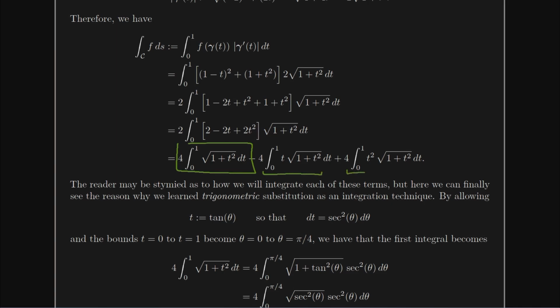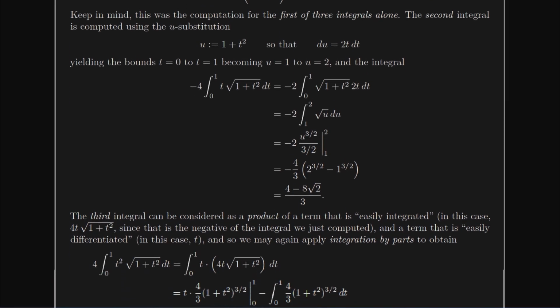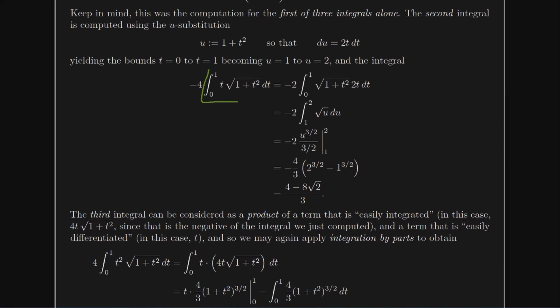So I've still got this term and this term to take care of to find my scalar line integral. If we want to tackle that middle term, it's a little easier. The middle term, if you remember, was t times the square root of 1 plus t squared. And in fact, recognizing there's a t out front and then a function in parentheses,